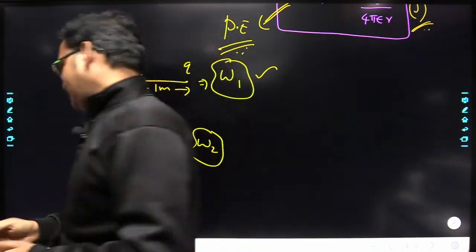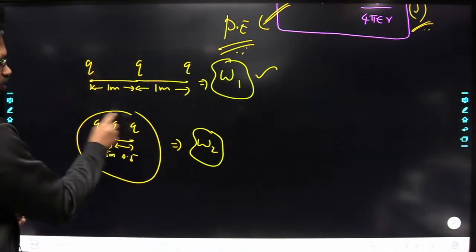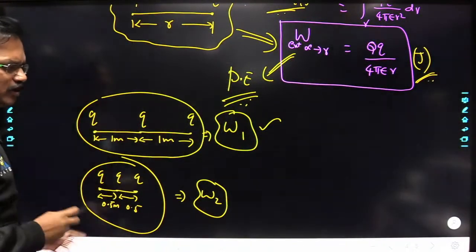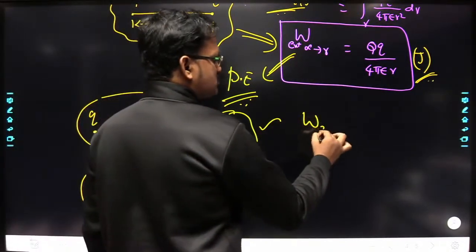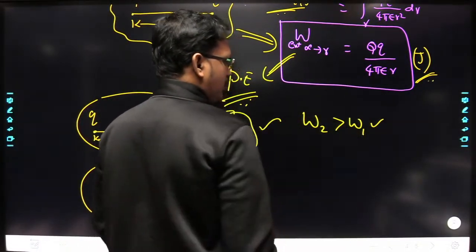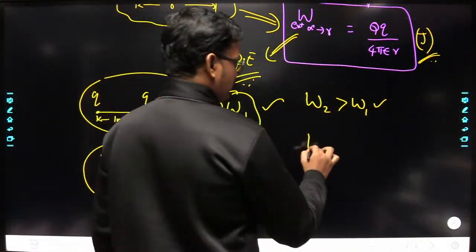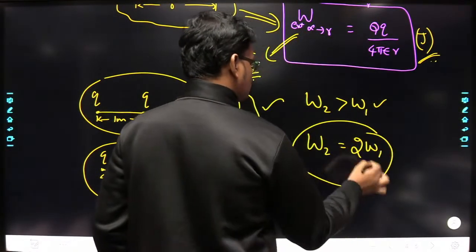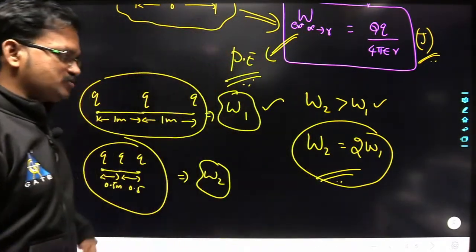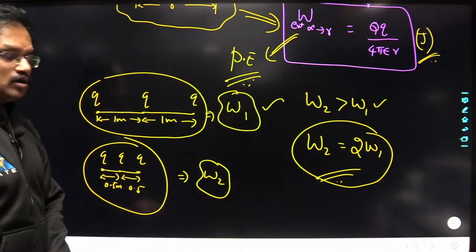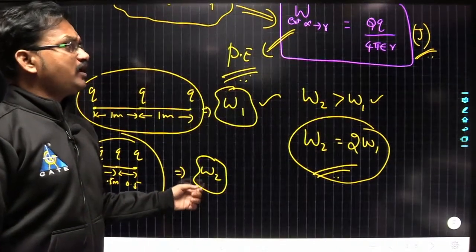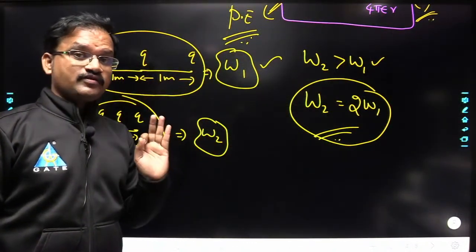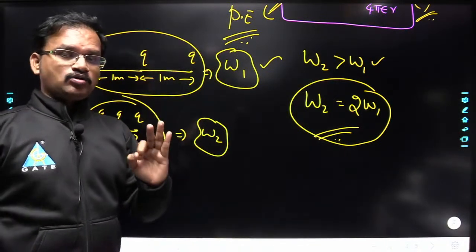Understood? Okay, so that means in this case you have to do more work when compared to this one, so you can directly tell in this case W2 must be greater than W1, and we have derived the exact relation, that is W2 is equal to 2 times W1. So this is what we have done in the previous session. This problem we have solved. Understood? Okay. So here the electrostatic field is a conservative field, and you have to remember the properties